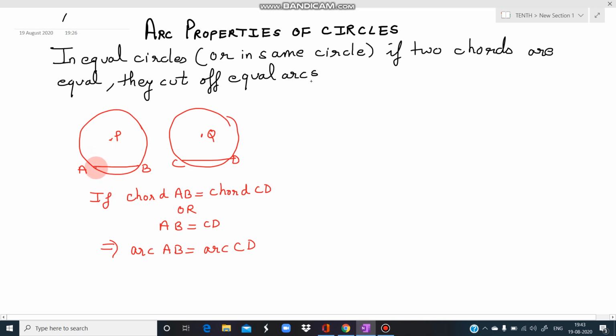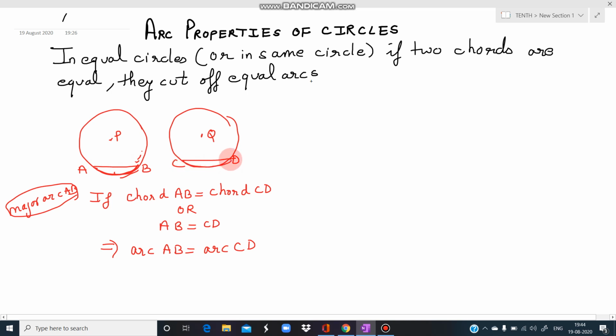One thing important कि जैसे ये arc AB है, हम जब भी बात करते हैं हम minor arc की बात करते हैं. जैसे ये जो part है ये भी arc AB है, बड़े वाला ये जो portion है ये भी arc है. हम किस आर्क की बात कर रहे हैं? This arc. ठीक है, अगर हम इस वाले आर्क की बात करेंगे then we will write major arc AB, the big arc. So इसको भी हम AB arc ही बोलते हैं, but it will be called major arc AB. This is major arc CD, but here we are talking about this arc, arc AB, that is equal